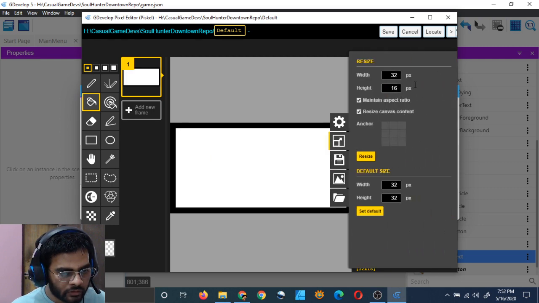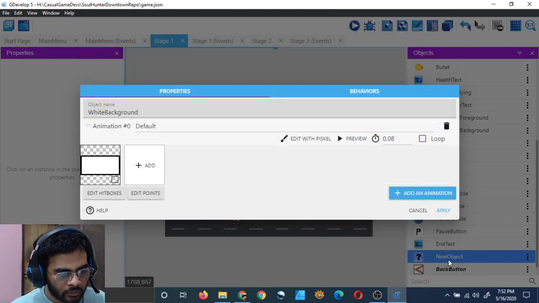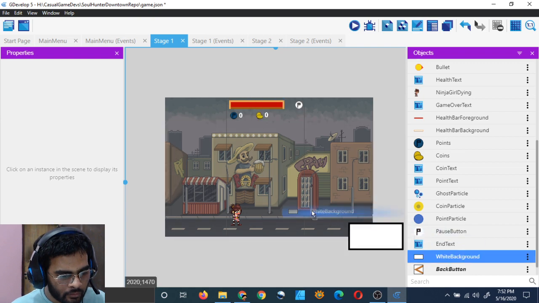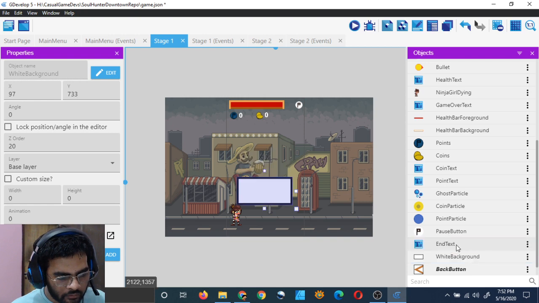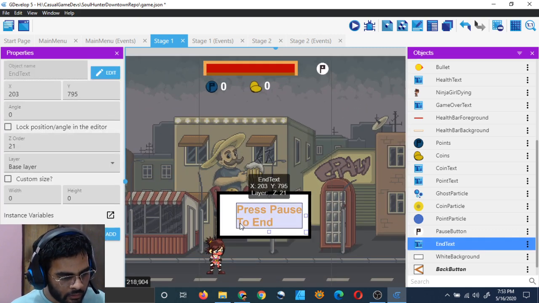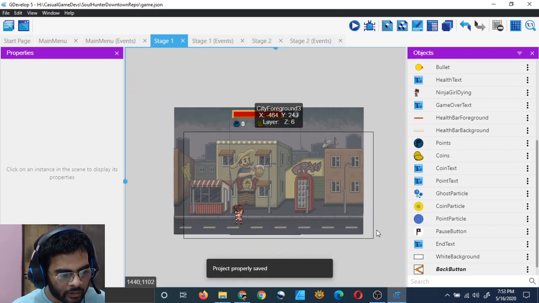And then resize. This is looking better, and text. Yeah, this is looking better. So wherever I am calling end text, I will call the white background.